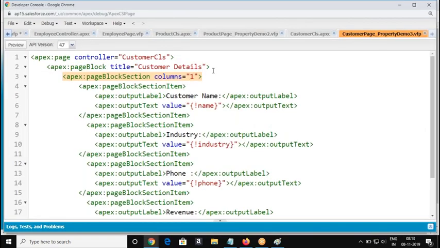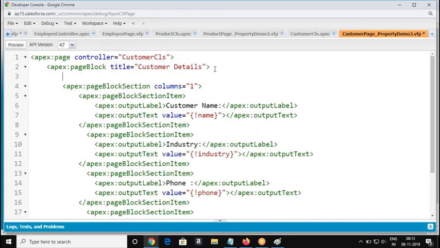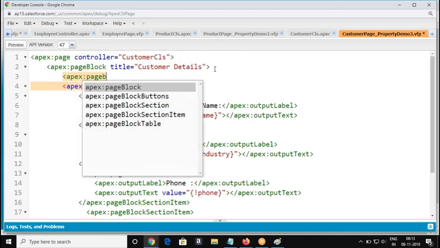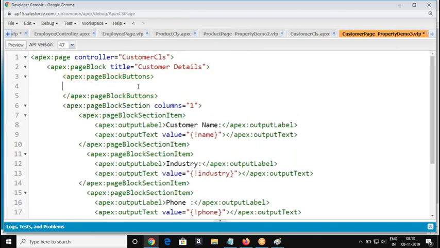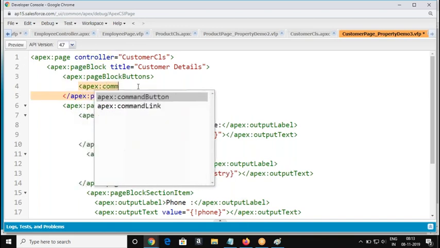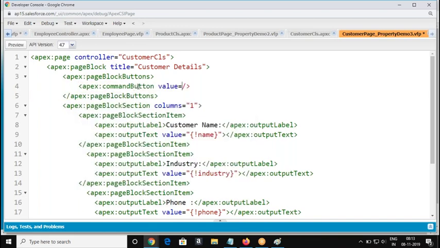Okay. So let's add one button here. Page block button. Okay. Reset. Right. When it is clicked, I would like not to refresh the entire page.